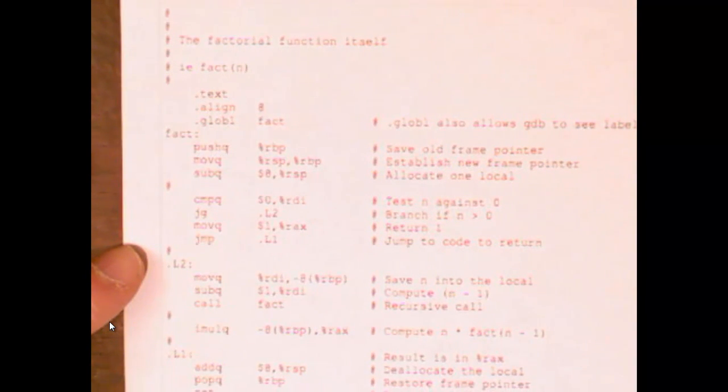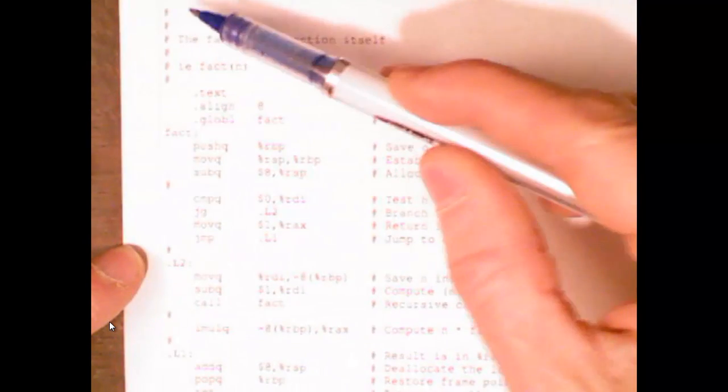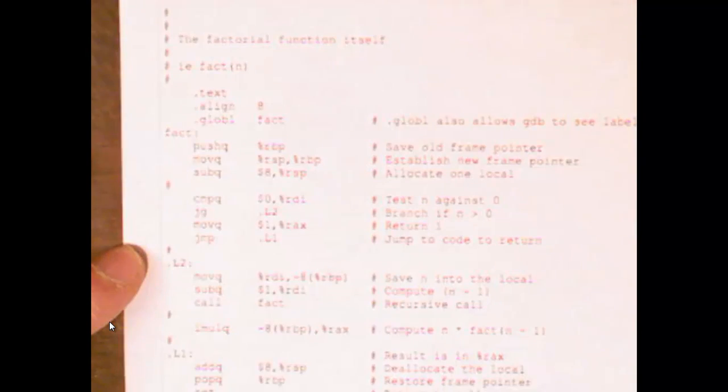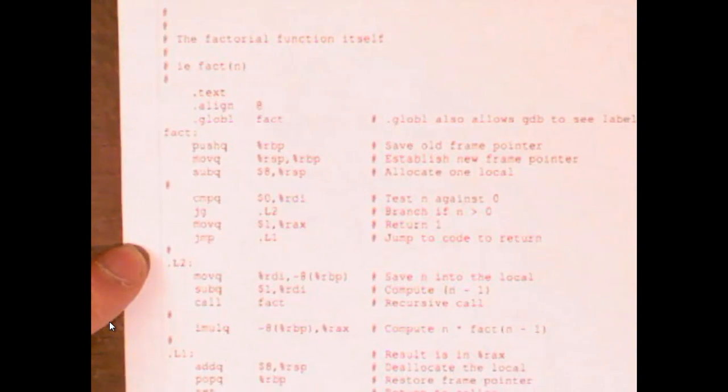So you look at the code. First thing to note is that the pound sign is a comment starter. All right, so they're line-oriented comments. Pound sign designates a comment. Next thing to note is that